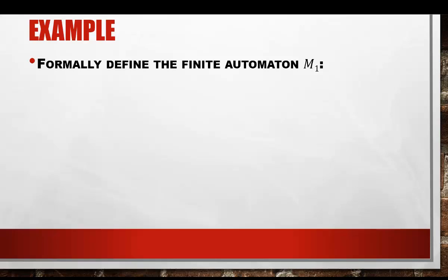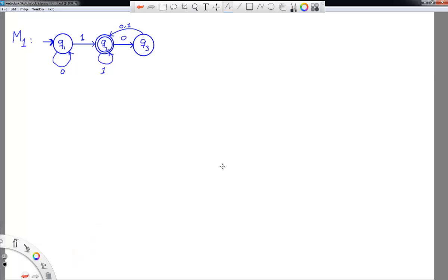So each transition function will take 2 arguments as input and produce 1 argument as output; 1 state as the initial state or start state, and a subset of your original set of states to be determined as the final state or accept states. So according to this definition, let's go about and define our M sub 1, our finite automaton. So the finite automaton M sub 1 is basically a 5 tuple: